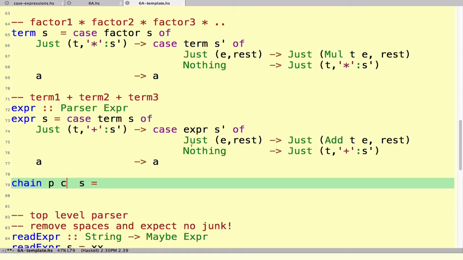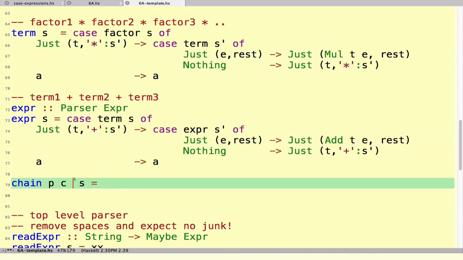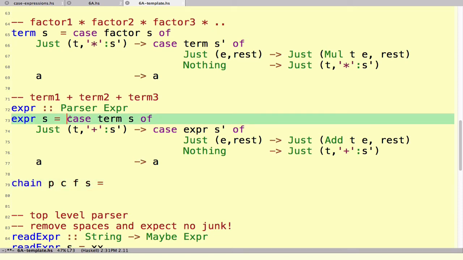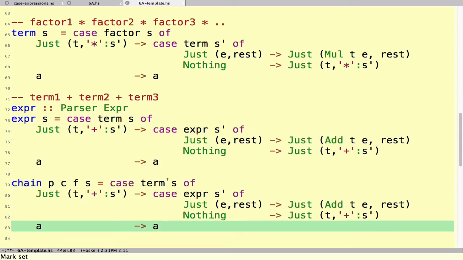And the third thing was the thing we used to build the result. Here we built the result using mul, and here we used add. In general, you're going to use some function to build the result. So this is the only legitimate cut and paste that we're going to do, and that's where we generalize this,